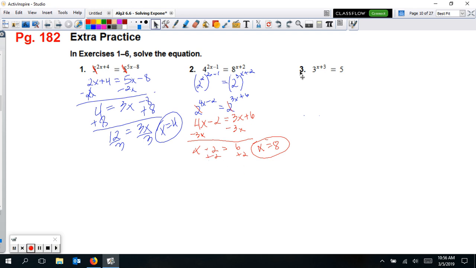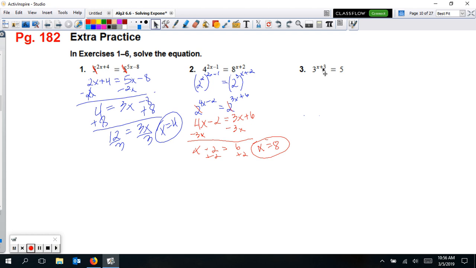Alright, number 3, this one's a little bit different. We have 3 to the x plus 3 equal to 5. 5 doesn't even have any exponent that we can see. It would have a 1, but there's no way to get 3 and 5 to become the same base. They're already as small as they can be. They're already prime numbers. So in this one, what we need to do is free the